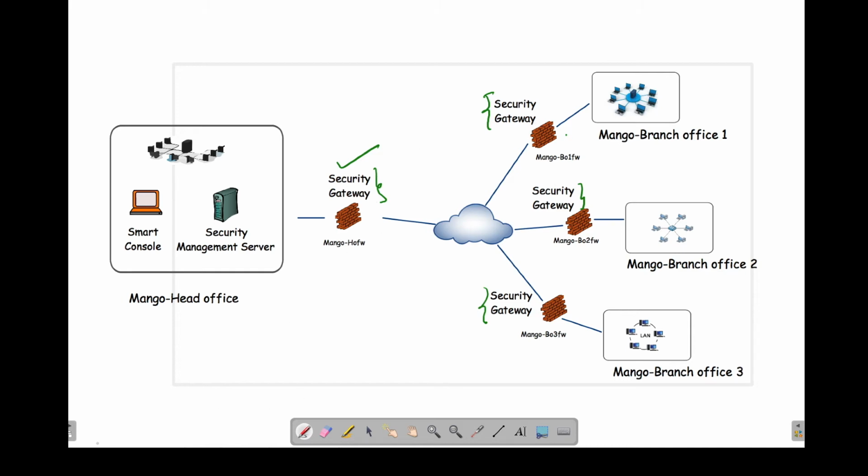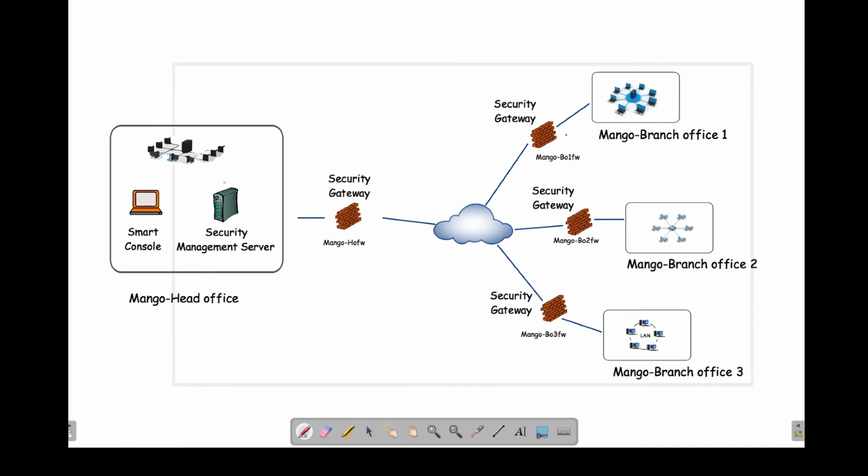Now in Checkpoint, if you want to give a policy to the Security Gateway or firewall, we can't log into the firewall and then give security. That's not possible. All the firewalls in the company get the security policies from a management server called Security Management Server. So using the Security Management Server, we try to give security for all the firewalls in the company.